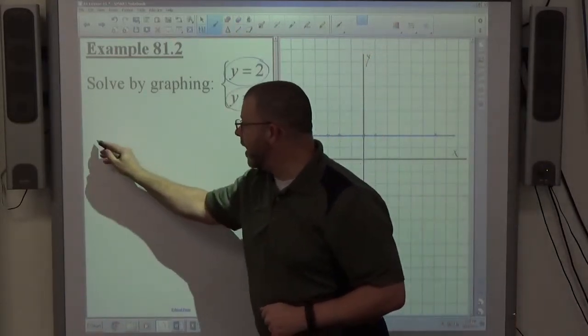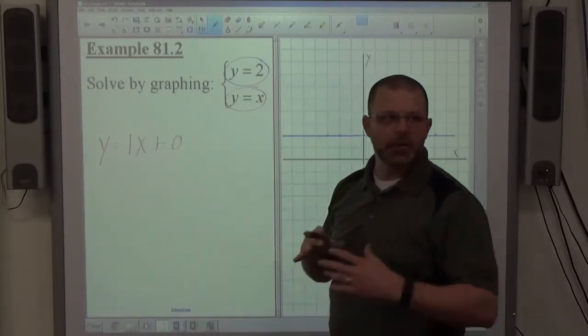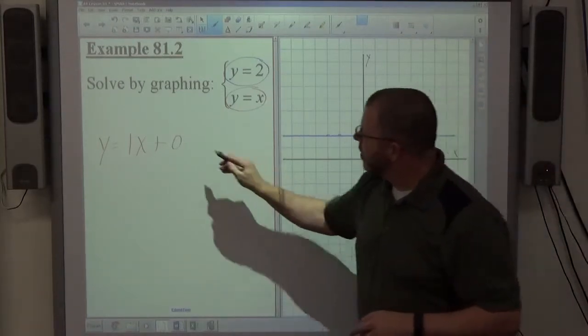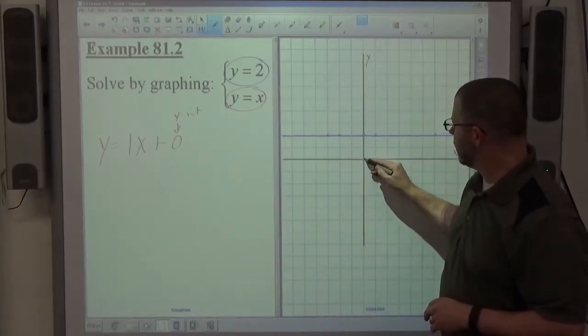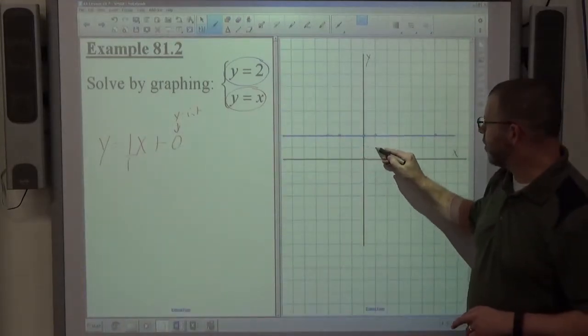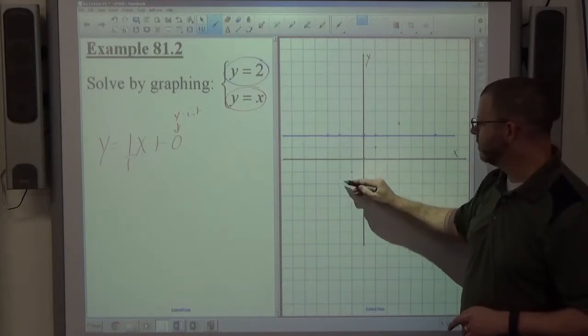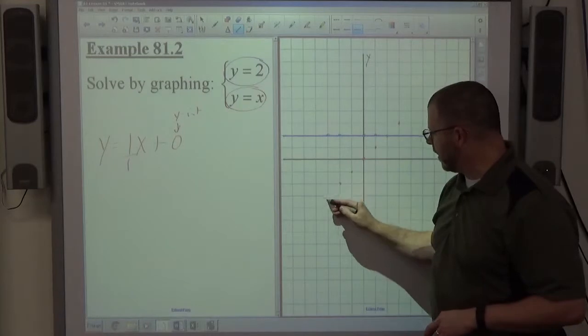So, y equals x is the same as y equals 1x plus 0. And if you want to use the slope-intercept method of graphing, it's helpful to have it in a form that has a slope and a y-intercept to look at. This time we have a y-intercept of 0, which is the origin, and a slope of 1 over 1, which is either up 1, right 1, or down 1, left 1. Get as many points as you want. If we connect those dots with a nice straight line,